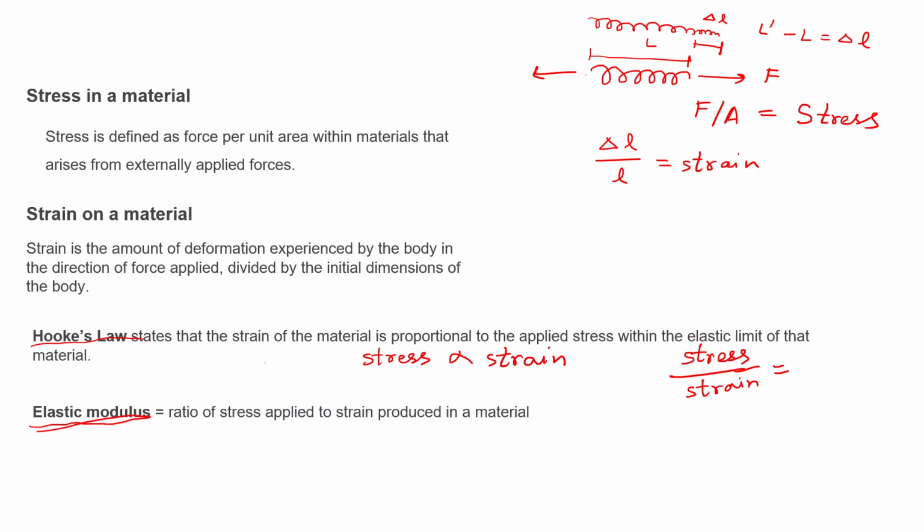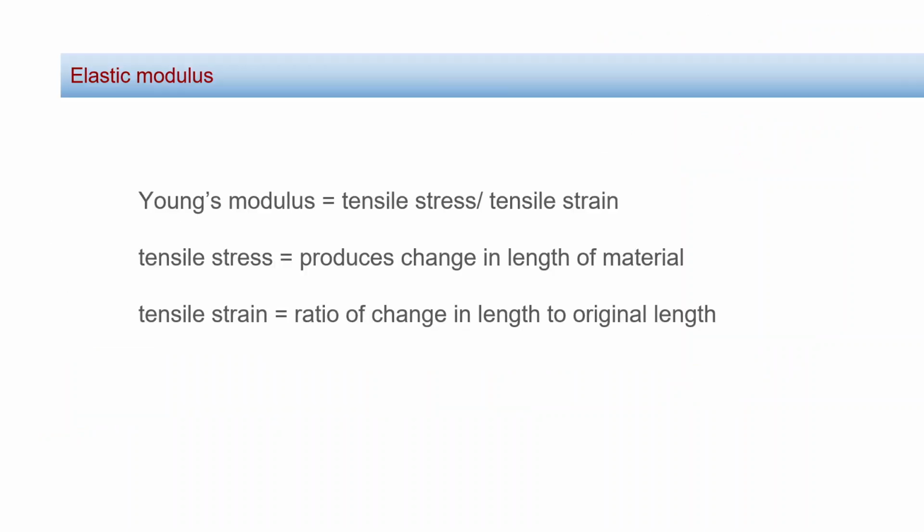Okay, so first is Young's modulus. The one kind of elastic modulus is Young's modulus, which is defined as the ratio of tensile stress divided by tensile strain. So what is tensile stress? Let's first understand that. Instead of a spring this time, I'll take a cylinder or some kind of wire. A wire is also a form of cylinder, right? So say I have some kind of cylinder